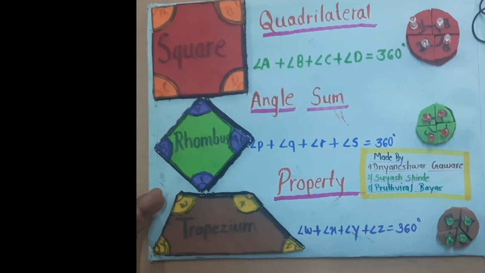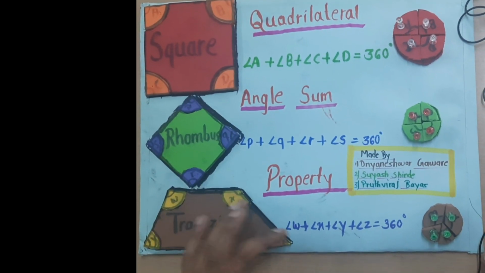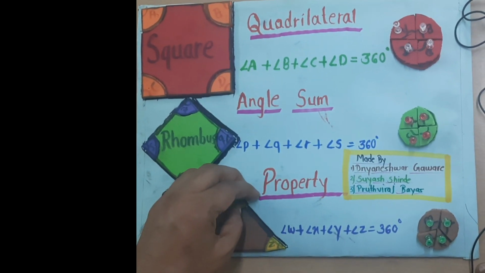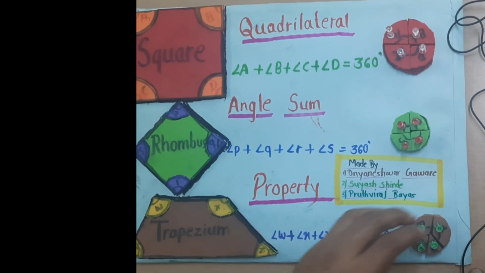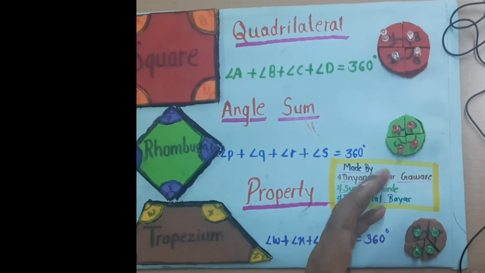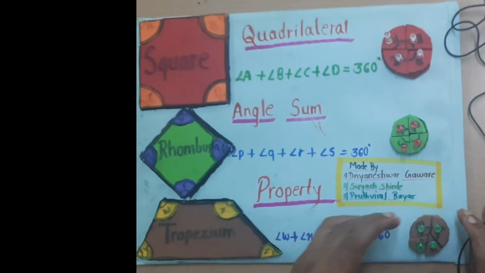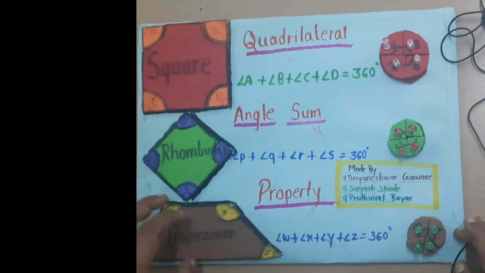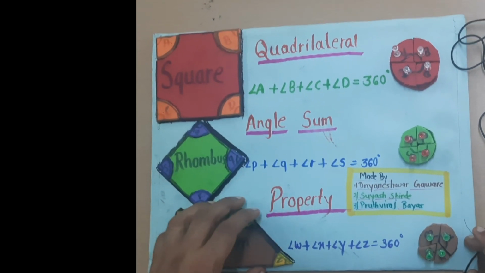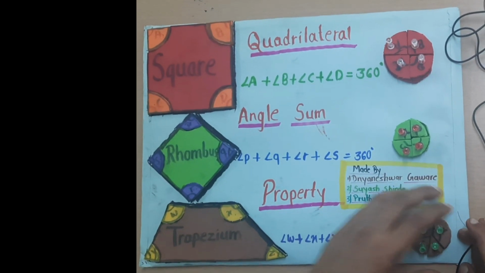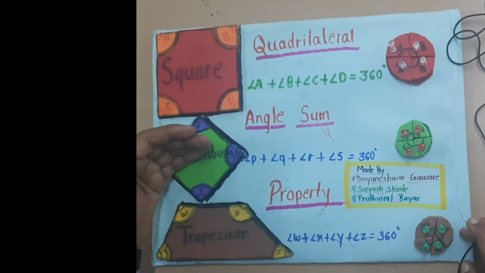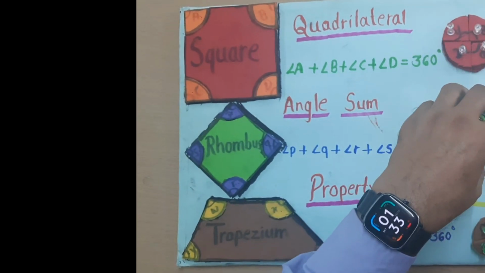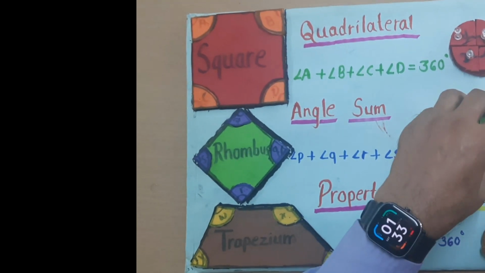So you can see here, once again, he has taken the trapezium WXZY. The angles W, X, Y and Z are cut and placed on a circle. When they are placed on a circle, they completely coincide with the circle. That means the sum of four angles of a quadrilateral is always equal to 360 degrees. So whether it's a square, a rhombus or a trapezium, in all the cases you can see that the sum of four angles is equal to 360 degrees.